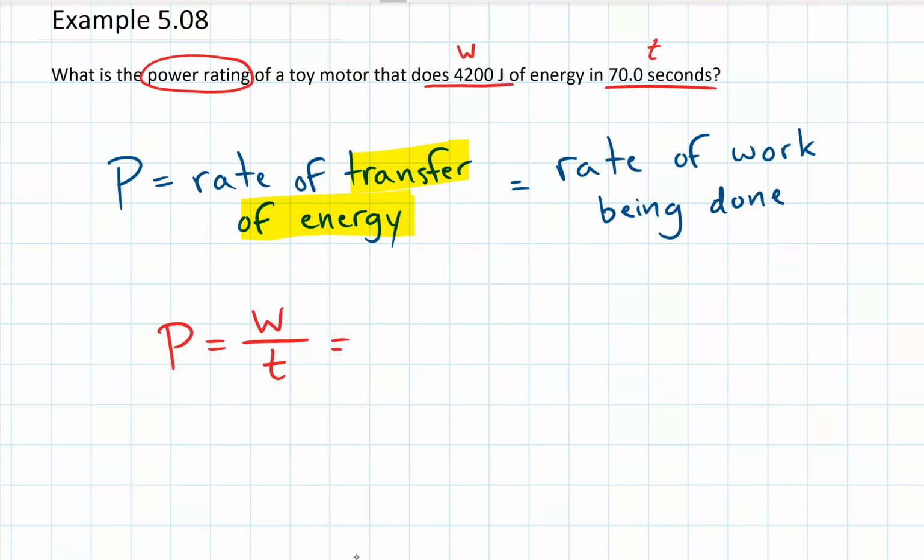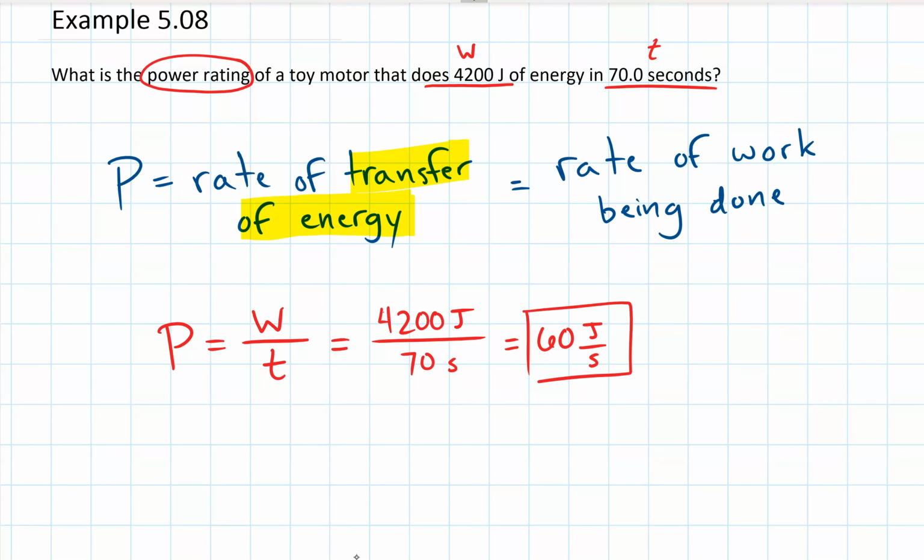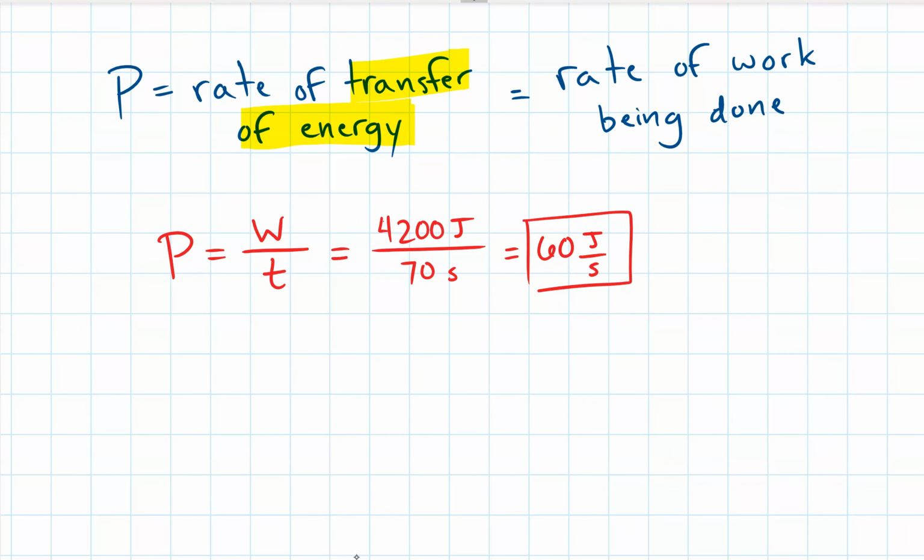So, pretty simple problem that tells us everything we need to know. We know there were 4,200 joules of energy being transferred, and that transfer of energy took 70 seconds. So when we do that quick little math, we have 60 joules of energy for every second that work was being done. So that right there would be a final answer,